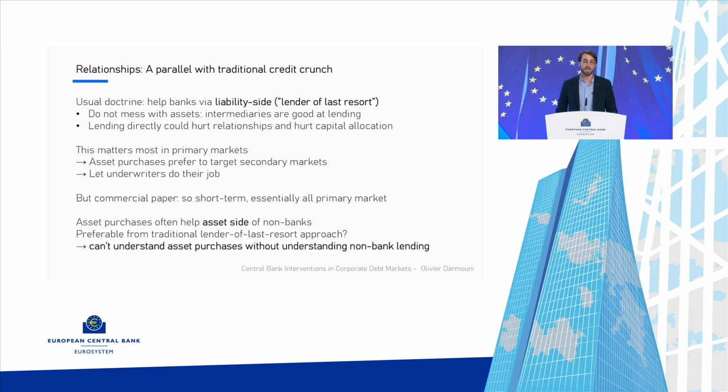Okay? I'll just end by a statement that I feel very strongly about, that I think this paper shows very nicely, but I think holds much more broadly, which is that in the end you can't fully understand the effect of asset purchase programs if you don't understand non-bank lending. The new forms of intermediation that have done more and more, especially of credit and lending to firms: what are their balance sheets, what are the frictions that they face, but also the frictions that they alleviate. And to understand fully the effect of the policy, we need to think very carefully about these new forms of lending. Thank you so much.